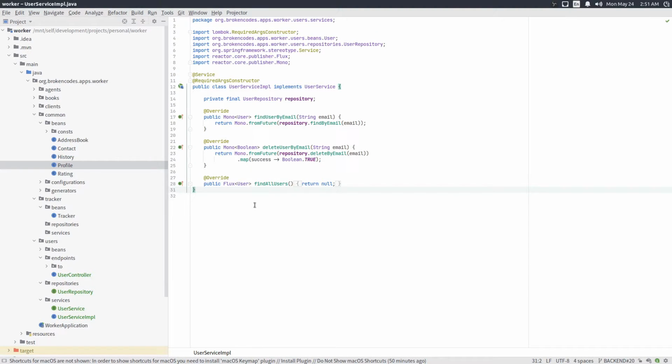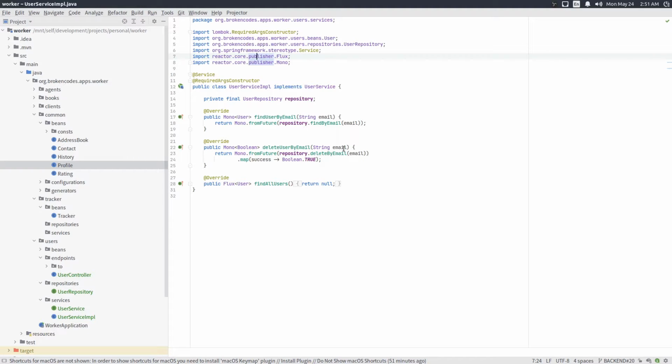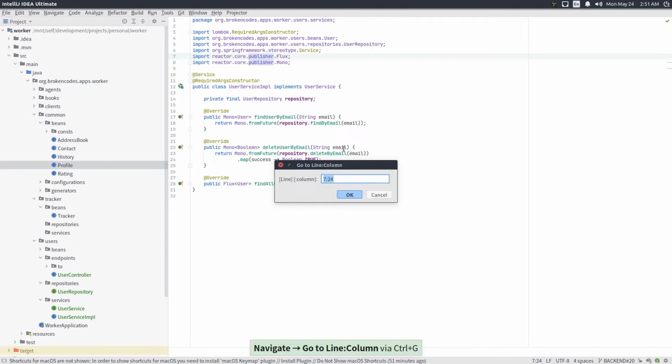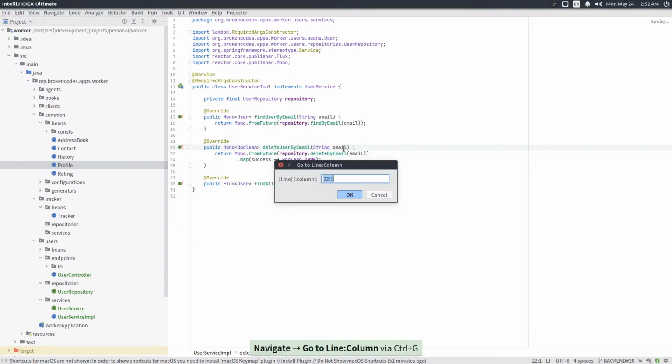Alright. Inside of a large file you could also use Ctrl G to jump to a line number. So you can press Ctrl G and I can type line number 22 and it will take me to line number 22. Again Ctrl G, say 13 colon 5 will take me to line number 13. No, line number 13 does not have anything, so I'll just say line number 12 colon 5 will take me to the 5th column of line number 12.